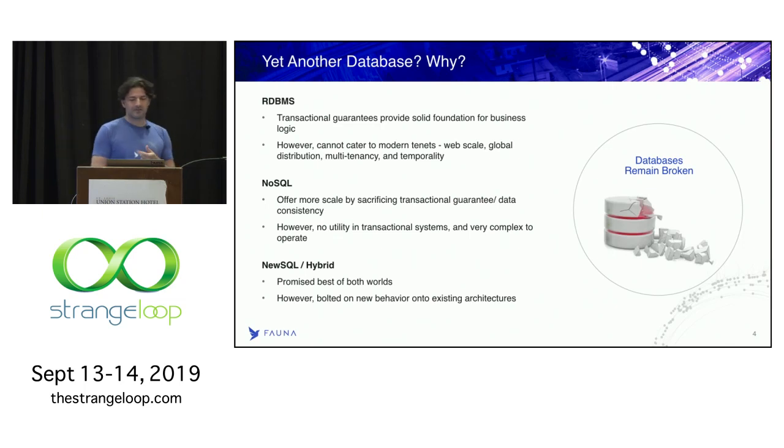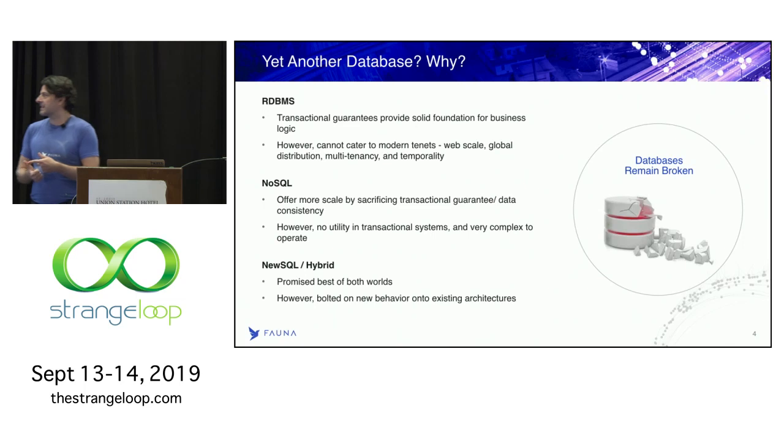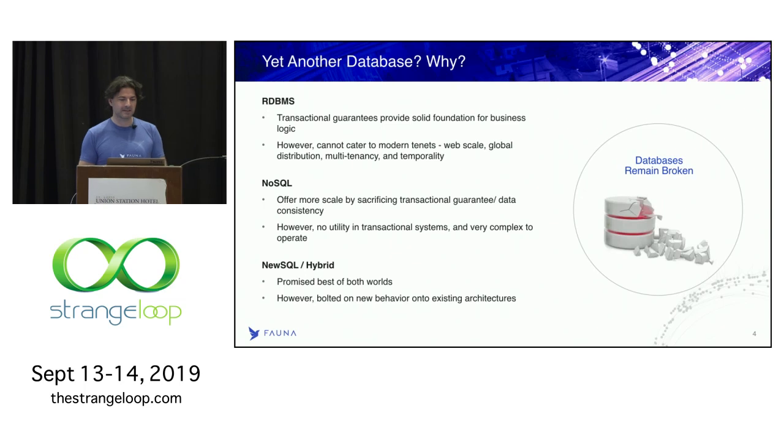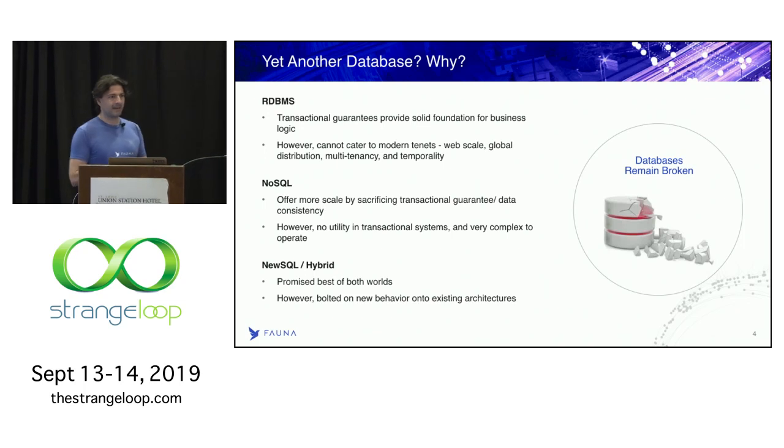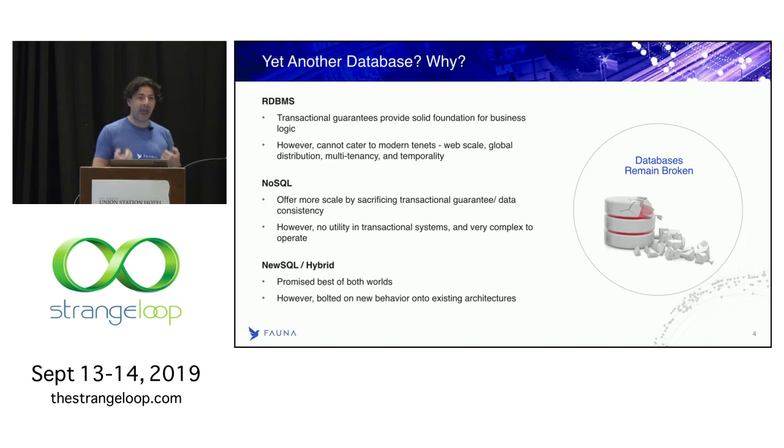So basically, relational databases are fine and an established thing where we do have transactions and they are very well understood in the business world, but then they usually don't allow for global distribution, multi-tenancy, temporality. These are all things that we would love to have. When I say we would love to have, Fauna was actually founded by several of my ex-Twitter colleagues and then attracted a bunch of other ex-Twitter people like myself. The 5-second elevator pitch for Fauna typically is, we're building the database we wish we had when we were at Twitter. And this includes these things.